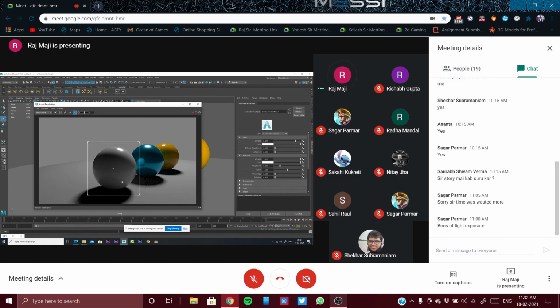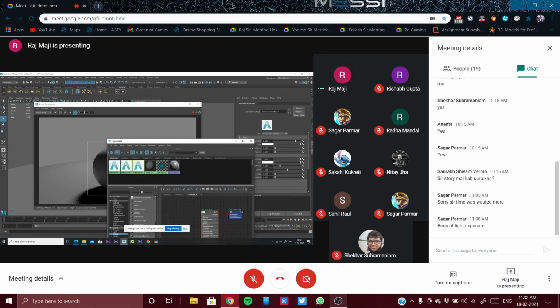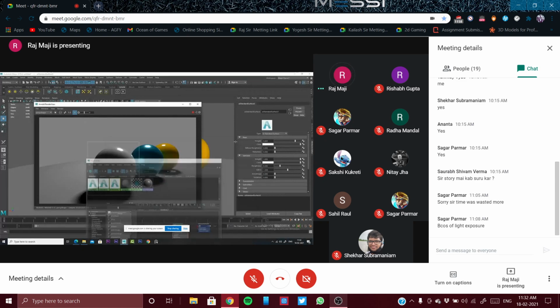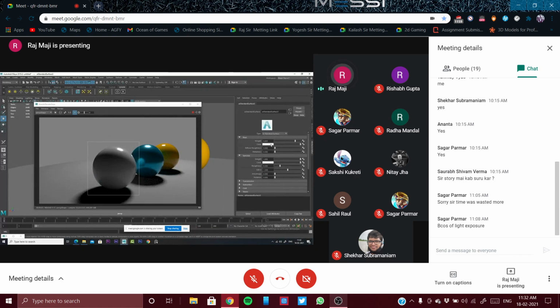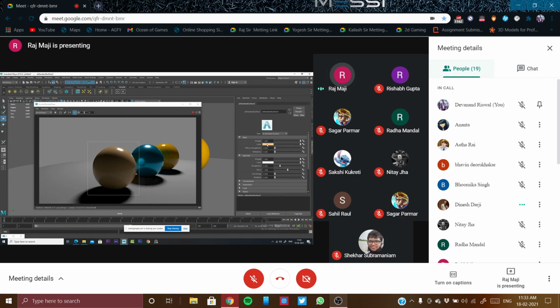Okay, now this one, I want to convert it into a kind of human skin, leaf, that kind of an object where translucency will be there, means subsurface scattering will be there. Okay, so for that, let's select the material and let's give a color like human skin. Okay, like the human skin. I have made the weight 1.